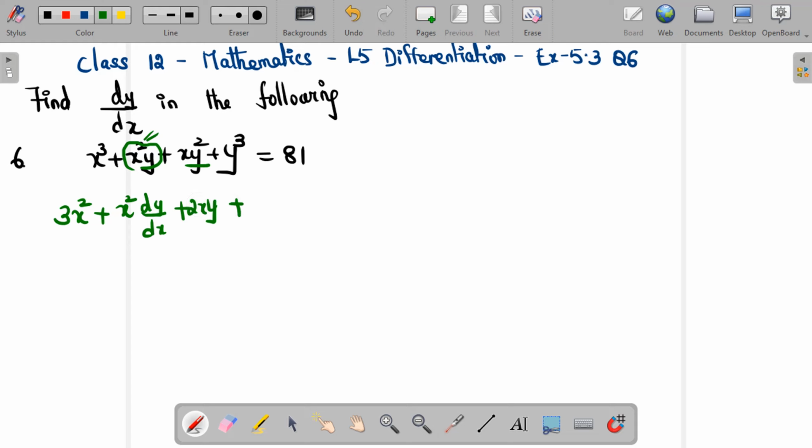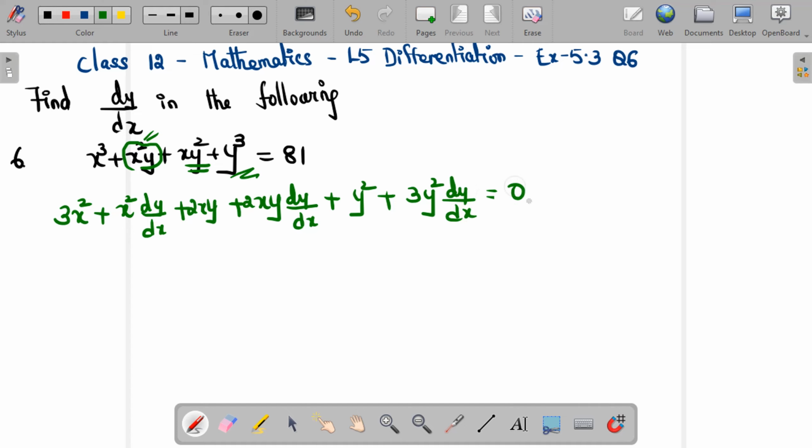Plus, now the same way I'm going to do uv once more here. Here u is going to be x, and v squared is going to be 2y, followed by a dy by dx because y is not x. So apply the chain rule. Plus, the next time I'm going to retain the y squared because the differentiation of x is 1. Lastly, the differentiation of y cubed, which is 3y squared dy by dx, is equal to, on the right side,